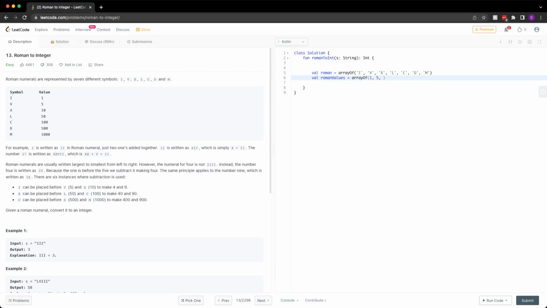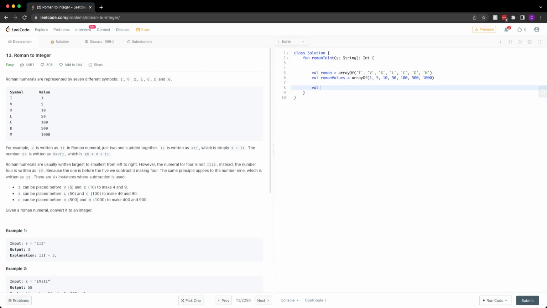The array of 1, 5, 10, 50, 100, 500, 1,000. Right. So now that we have that, then what we're going to want to do is we want a val